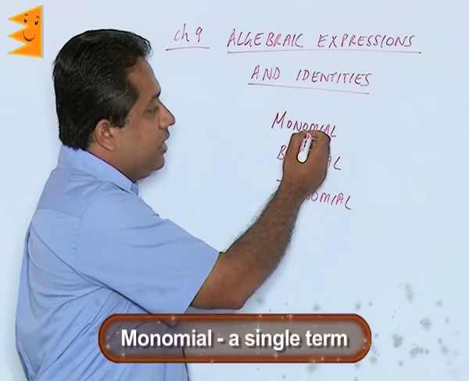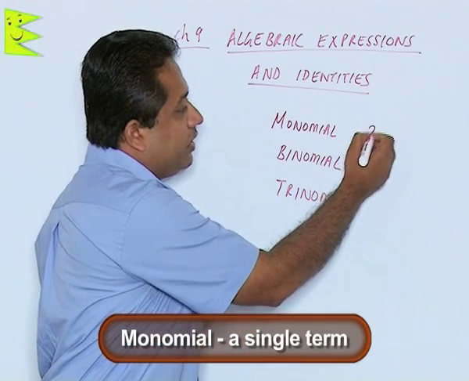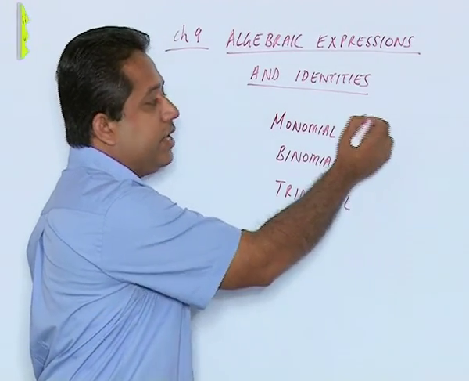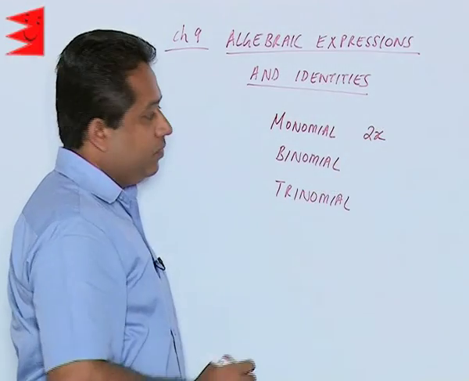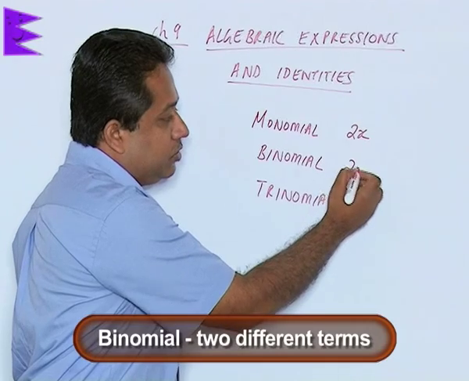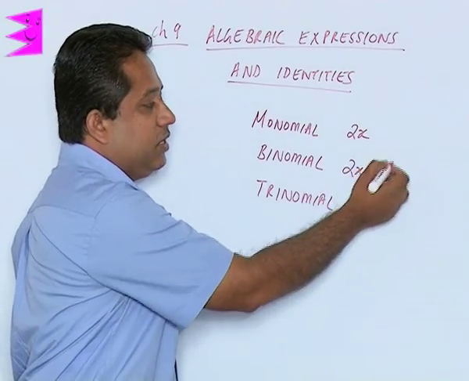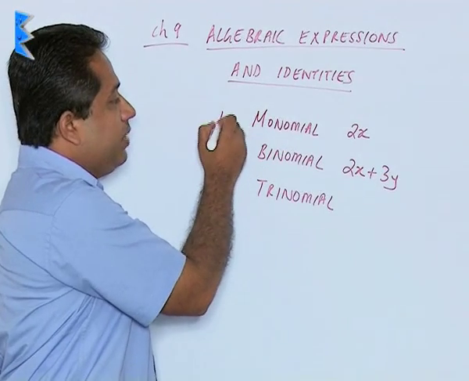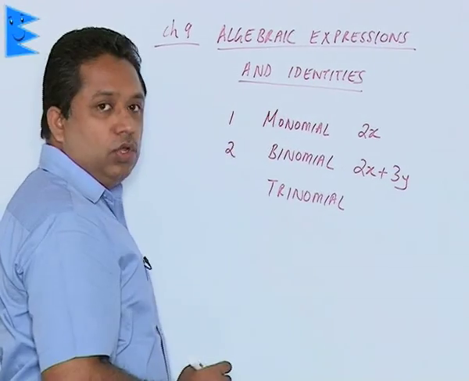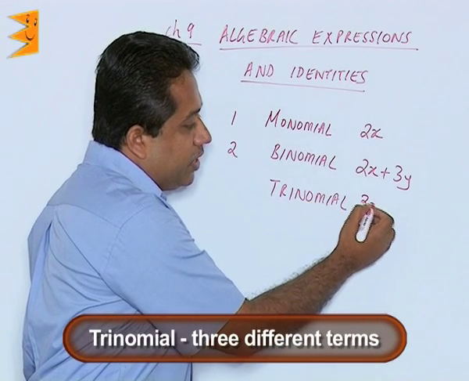A monomial means a single term. So, if we have a term like 2x, it is one term, there is no plus or minus in between. A binomial means it has two different terms. So, let us say 2x plus 3y, this is one term and this is two terms. So, monomial means one term, binomial means two terms, and trinomial means there will be three different terms, that means